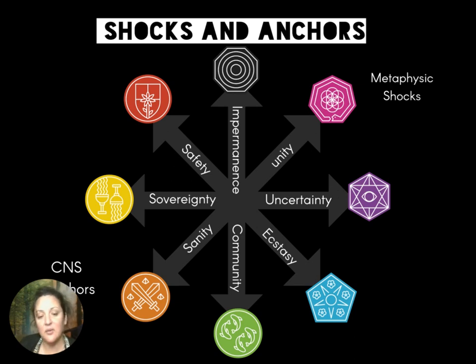The balance has to do with the opposite side of the chaos star circuit, but the circuits also find balance within each other, depending on how well integrated and developed each circuit is. So a perfectly balanced system is one where all the circuits are equally developed and function as anchors to the different metaphysical shocks that are delivered to us by life, by ritual, or by the use of psychedelic substances.